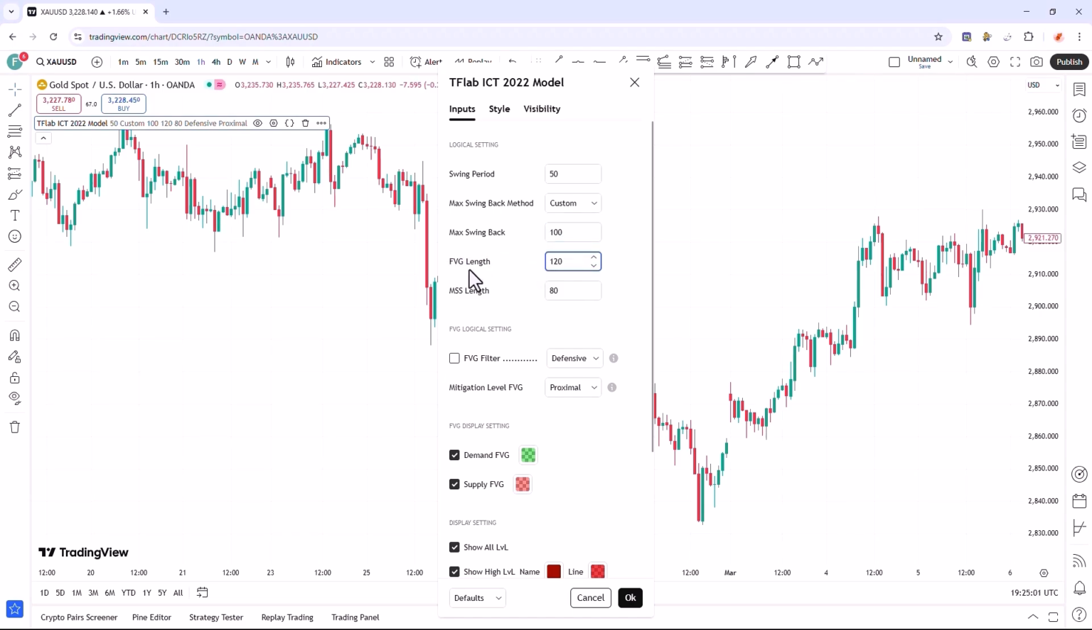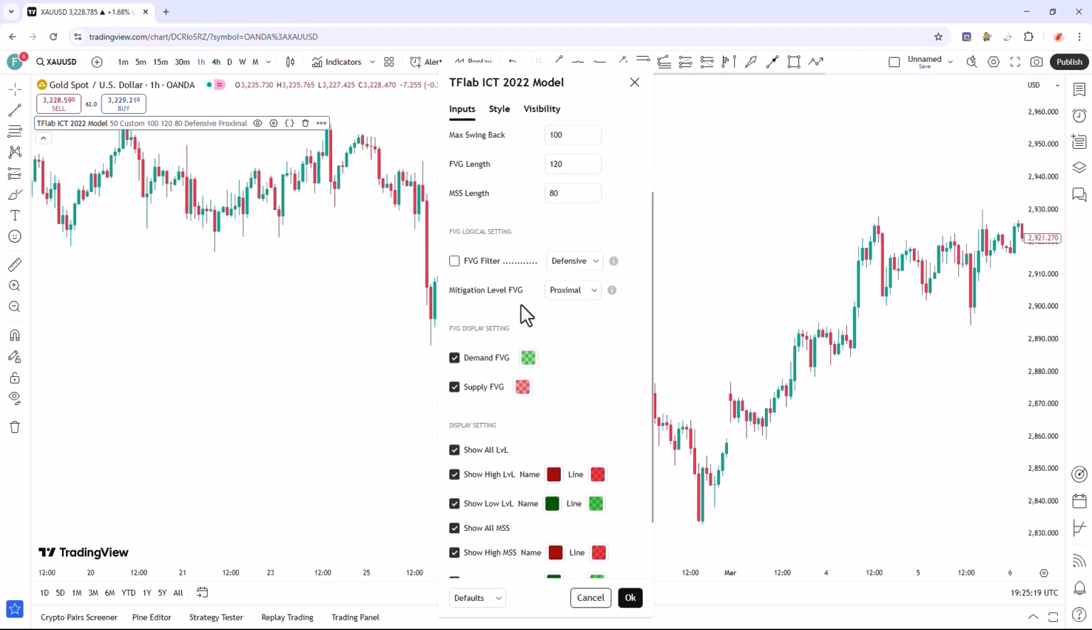In the next section, you can set the length of the FVG period, which is set to 120 candles by default. In the next section, you can set the length of the MSS level, which is set to 80 candles by default. In the subsequent options, by enabling this option, you can activate a filter for identifying FVG. If you check this option, in the opposite section you can choose 4 modes for identifying FVG, which include very aggressive, aggressive, defensive, and